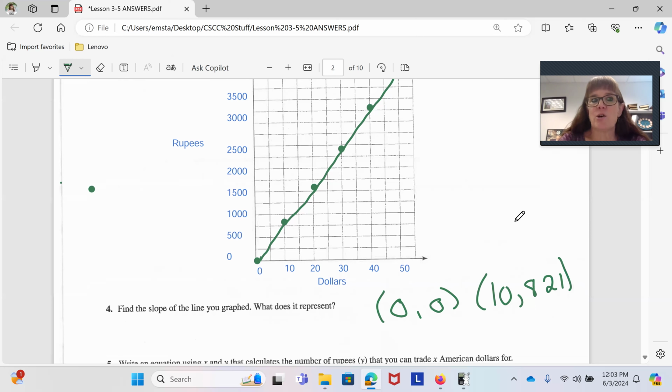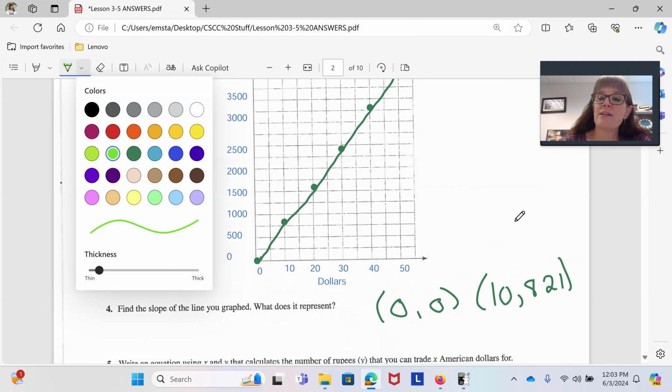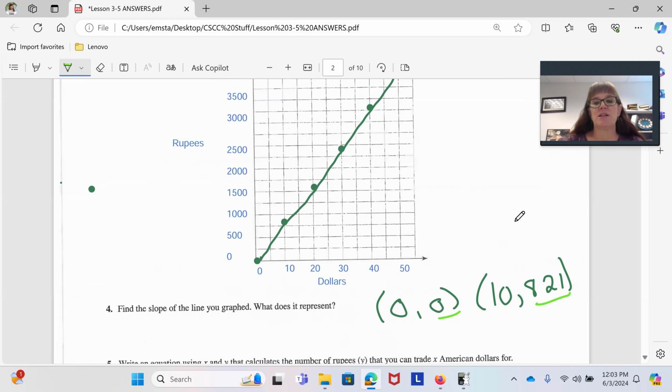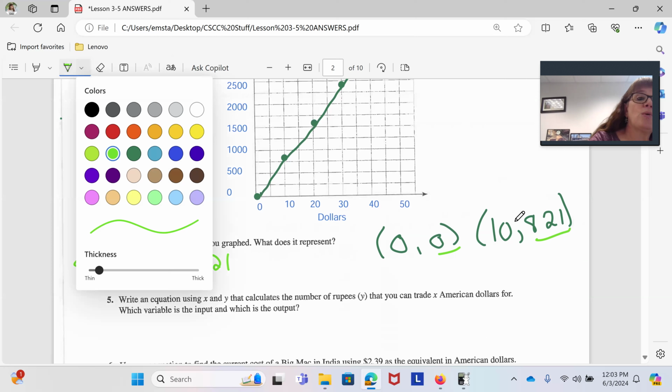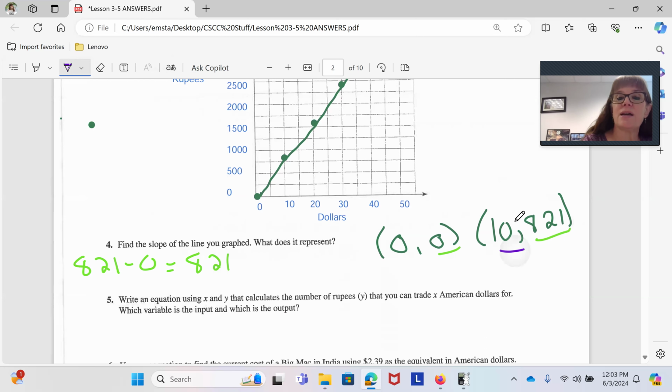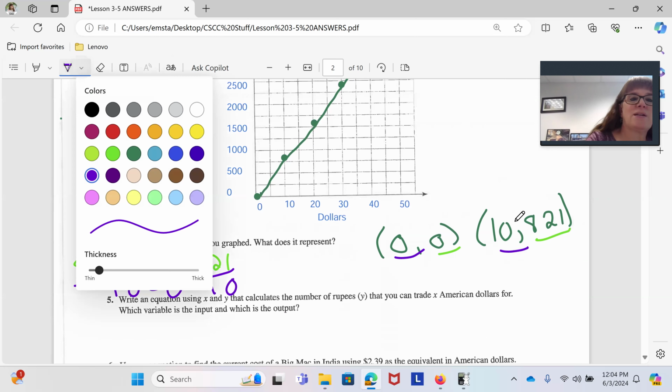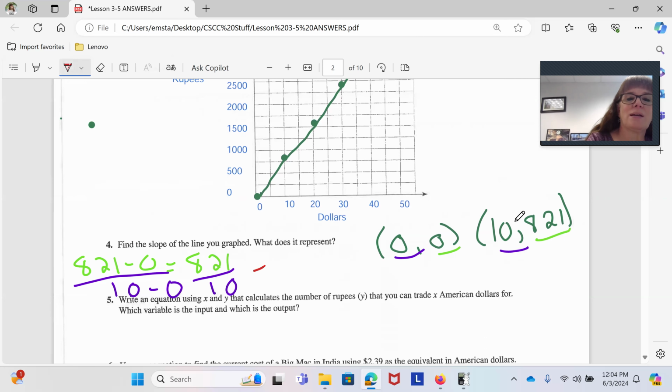If you remember, we did slope in section 3.1. We learned that to find the slope, we subtract the y values. So we're going to take 821 minus 0, which gives us 821. And then in the same order, I subtract my x values, 10 minus 0, which is 10. And then we get out our calculator, divide it out, and we get 82.1, which should look